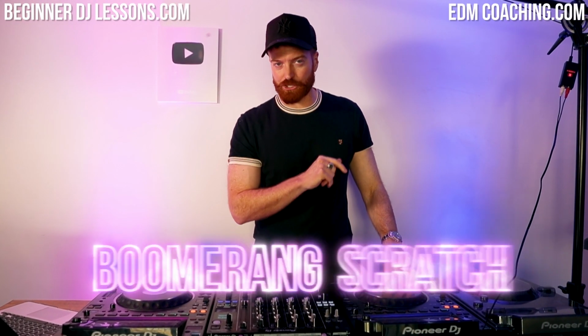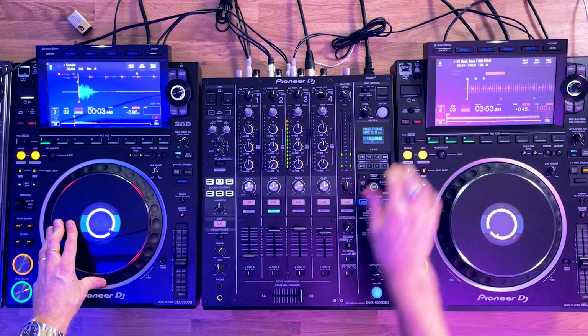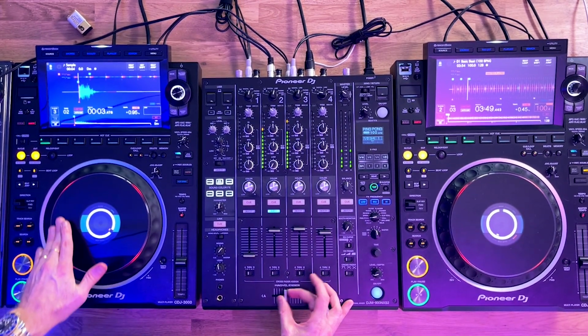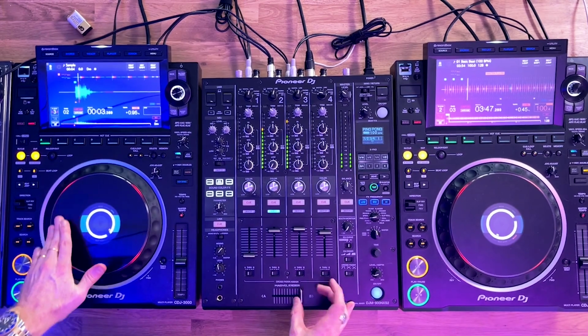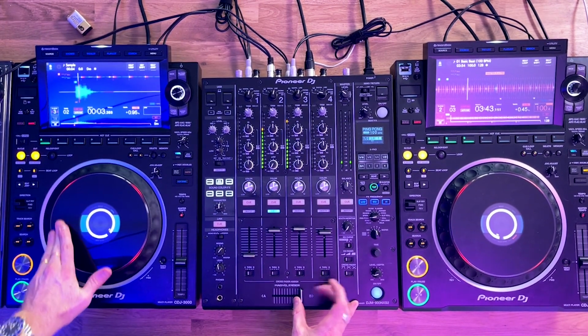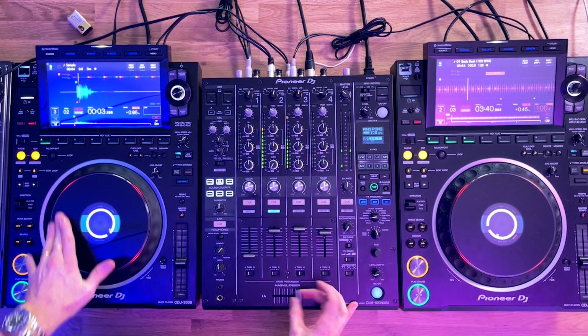Hey guys, in today's video I'm going to teach you how to do something called the boomerang scratch. It looks a little bit like this. A bit like that. Now, this is a tricky scratch and it took me a while to get my head